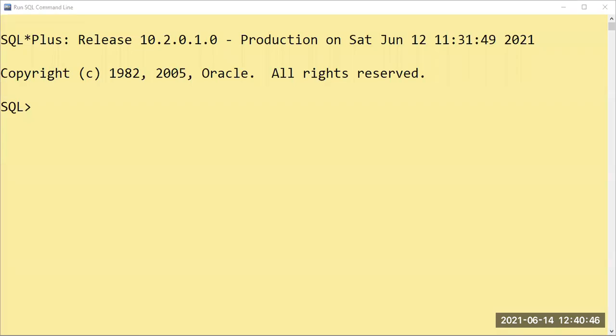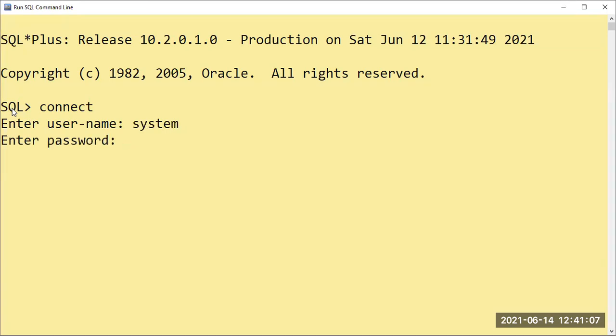Everything will be discussed today for your practical session here. Those who have not yet understood, directly I'll start working on the lab practice problems here. Before starting with your database, always you have to say connect, because we are going to connect to the server and enter user. Right now it is system for me, and password is also system.